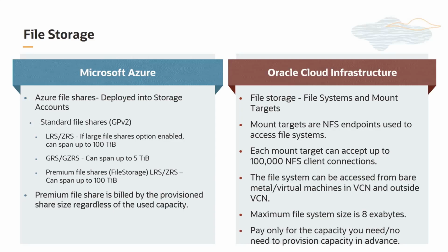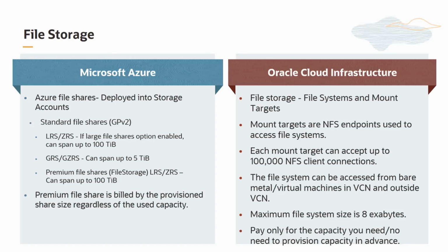The first is file system and then there is mount target. Mount targets are NFS endpoints that are used to access file systems. The file storage service supports the network file system version 3.0. You can connect to a file storage service file system from any bare metal, virtual machine, or container instance in your virtual cloud network. You can also access a file system from outside the VCN using VCN peering, FastConnect